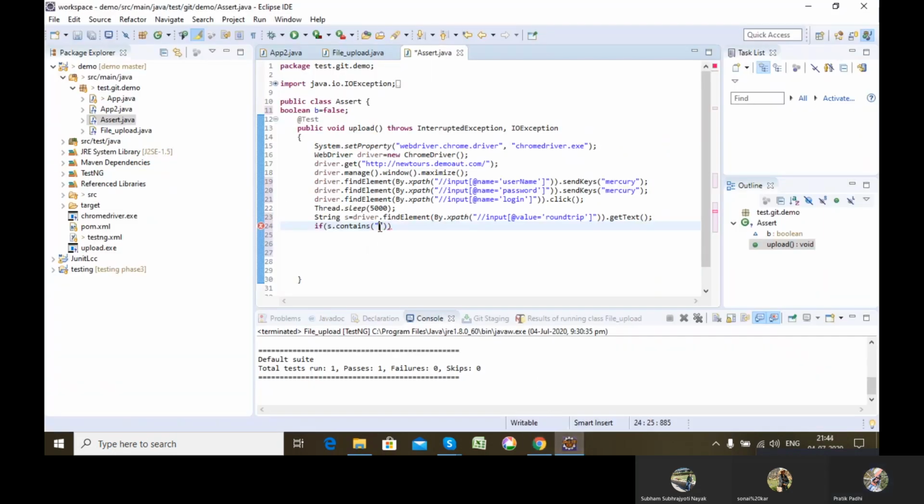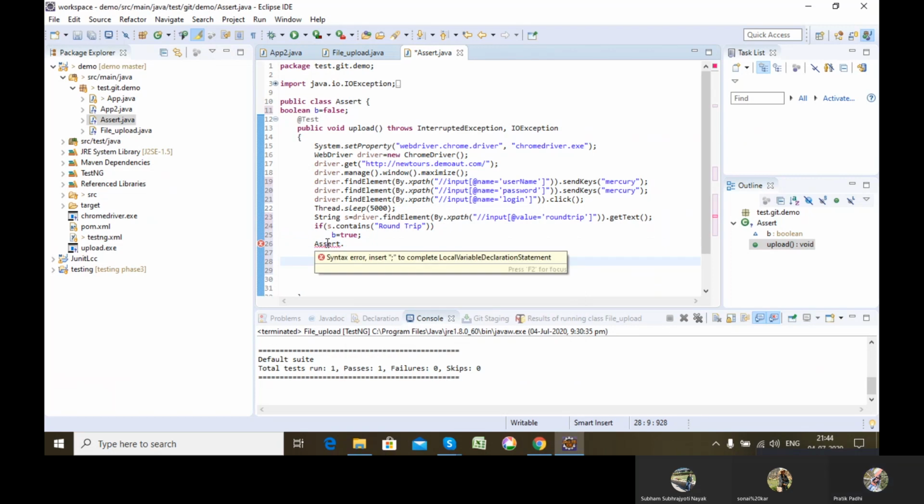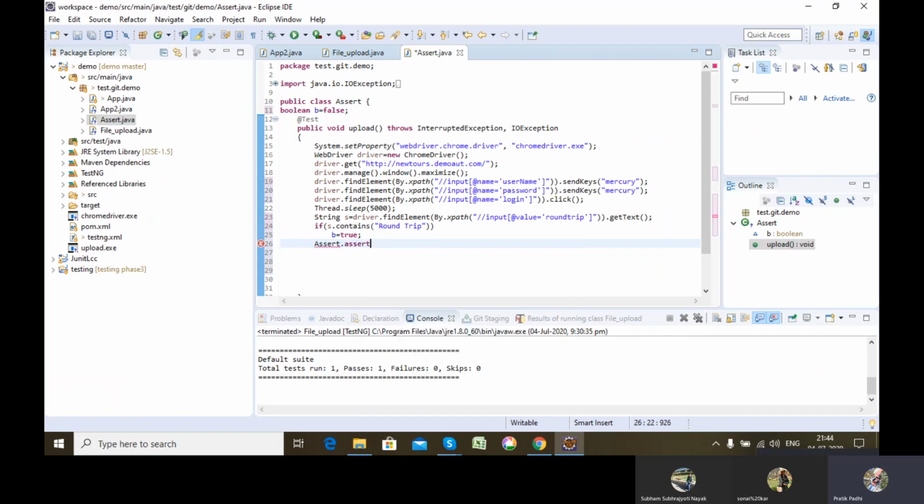So I'll be making b is equal to true. Then I'll be using Assert. You just rename the class.